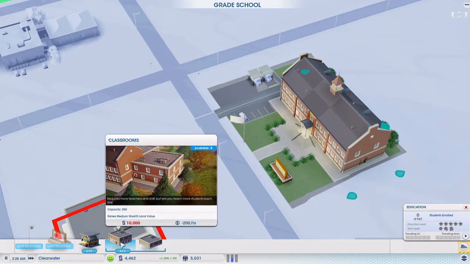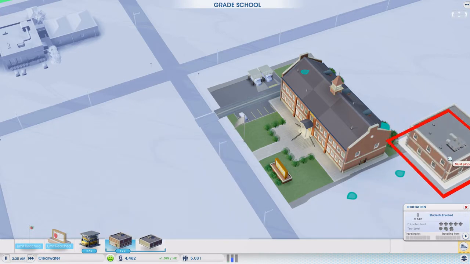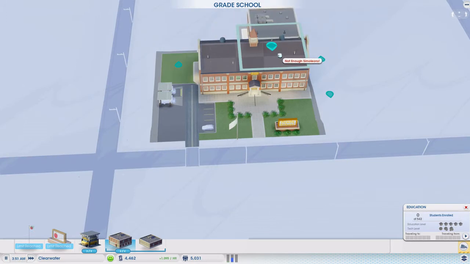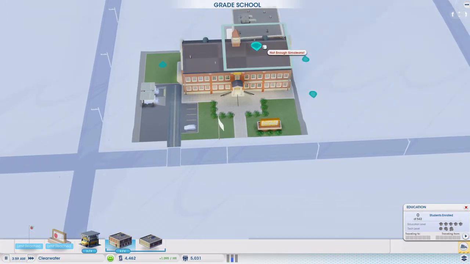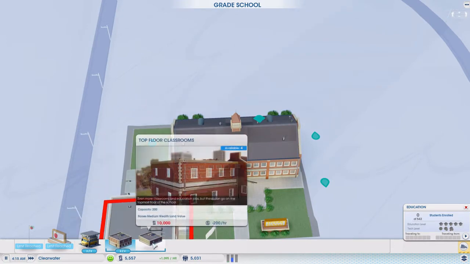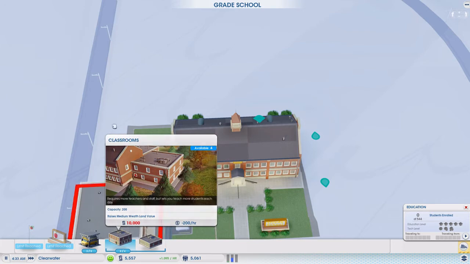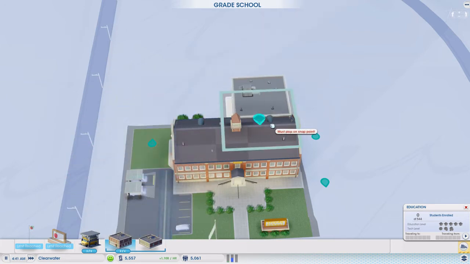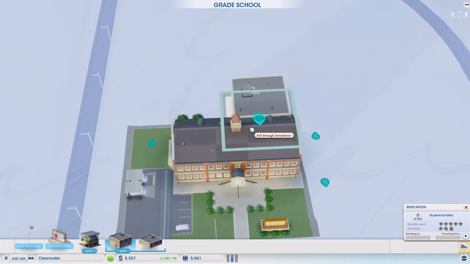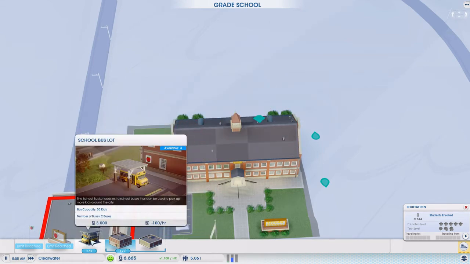How much are these classrooms? 10,000. So I think the way we're going to expand this is we're going to put one there and one behind, so we've got room to put the high school here. And then I think you can only put 2 of these down and 2 of these down, because obviously it's nice to have a top floor, and then the 2 floors. So you'll have a 3-storey school, which is very nice. So that's 10, 20, 30, 40. So we need 40 grand. You could even argue 40...